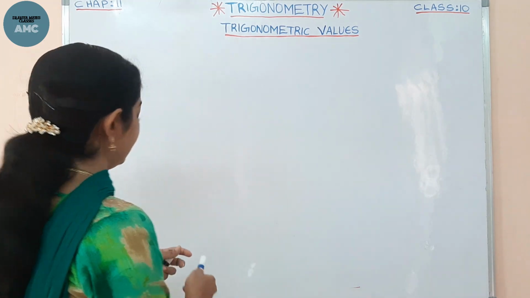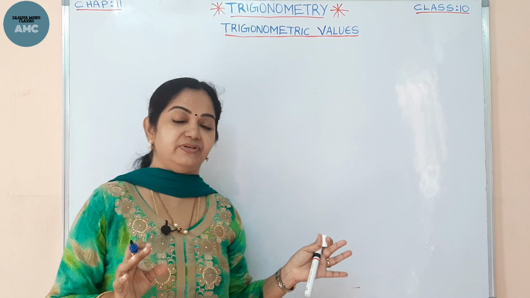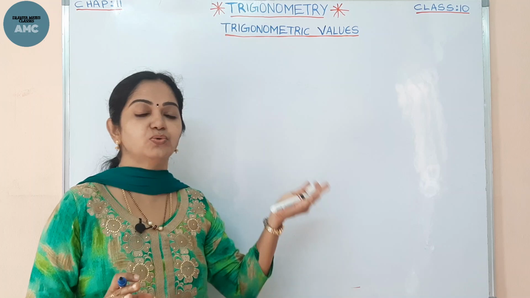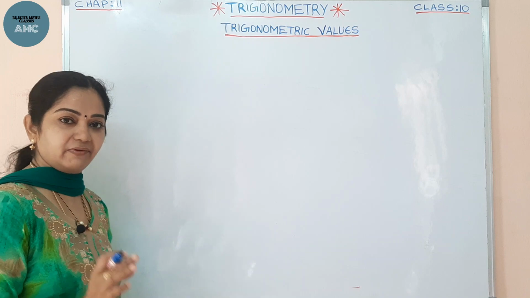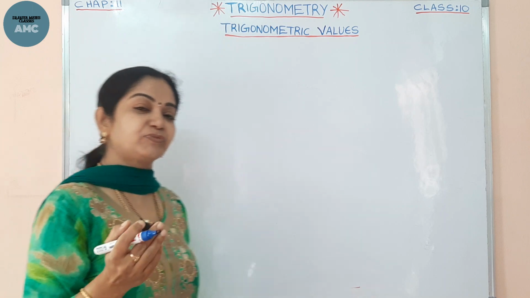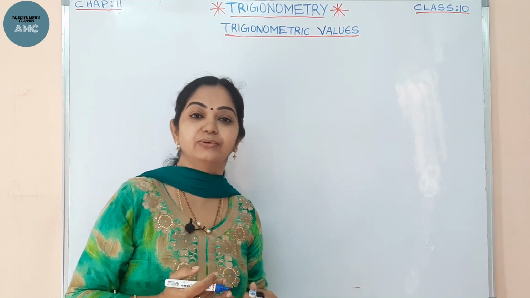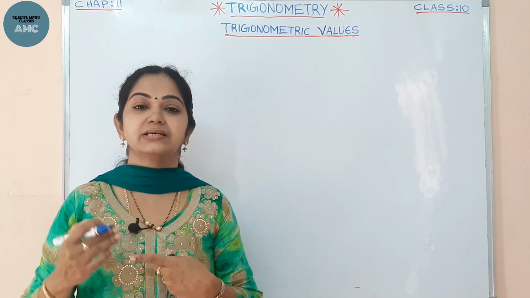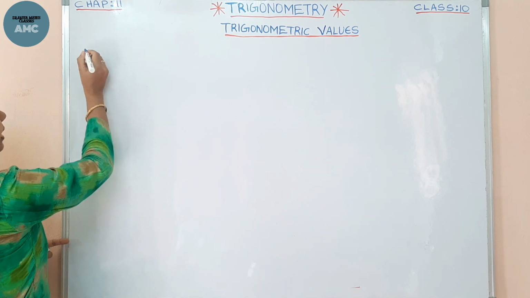Let's get started quickly. Here we have all the 6 trigonometric ratios which we have learned in our previous sessions. Those who have not watched the previous sessions of trigonometry, do watch them just by clicking on the I button. All the 6 trigonometric ratios we learned are sine, cos, tan, cosecant, secant and cot, isn't it? So for this we want the values. Values means sine 0 degrees, sine 30 degrees, sine 60 degrees, sine 45 degrees, sine 90 degrees likewise. So how to remember them, I'll tell you.